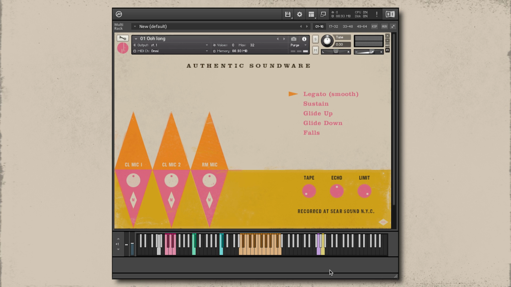Now, you may be wondering, how am I switching between smooth mode and Agile mode? By default, the velocity with which the target note in a legato phrase is played sets which legato mode is going to be used. So a lower velocity will select the smooth mode, and higher velocities will select the Agile mode. So if I play a soft velocity, I get that wider one. If I play a harder velocity,